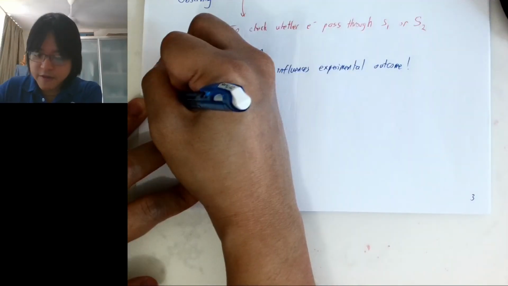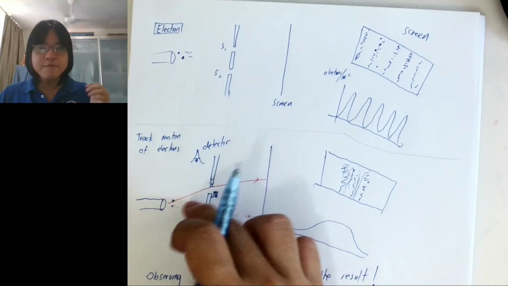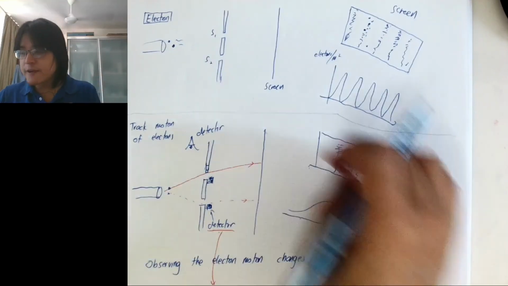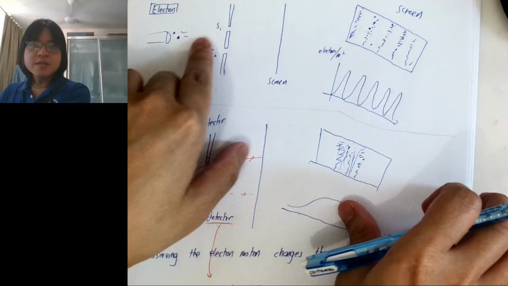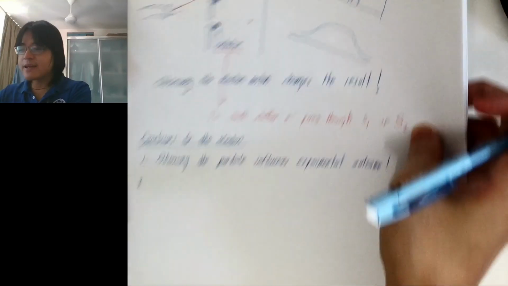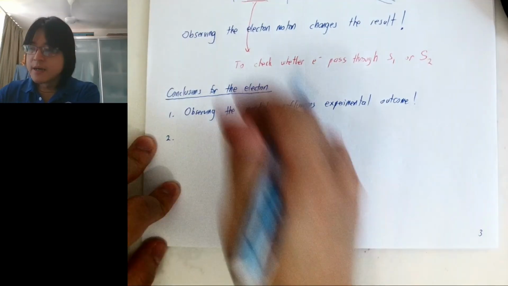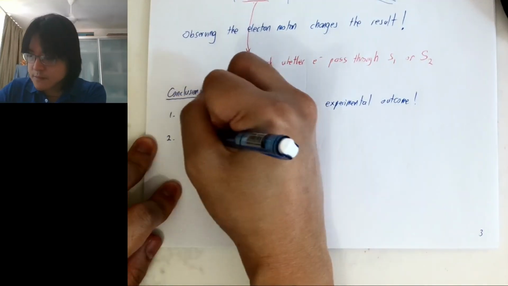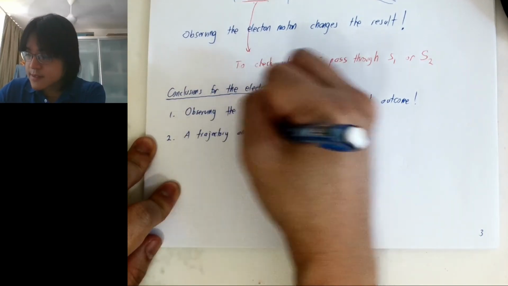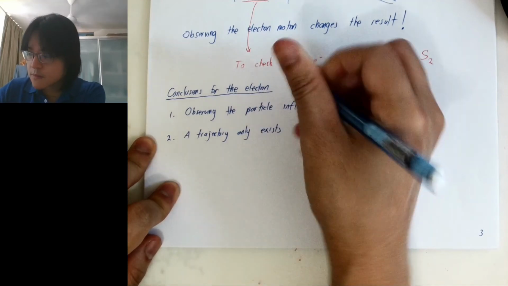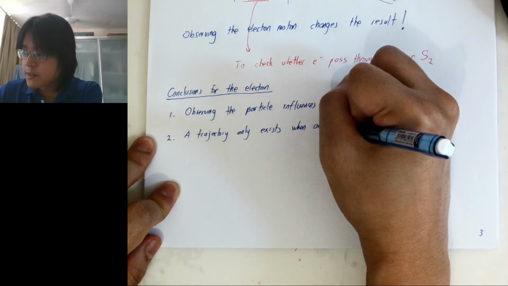Okay, so this is one of the huge things. Now, if we detect, if we study the motion, it becomes this. If we don't study the motion, it becomes this. So what kind of motion produces this? The only way we can make sense of these two situations at the same time is that a trajectory only exists when an observation is made.